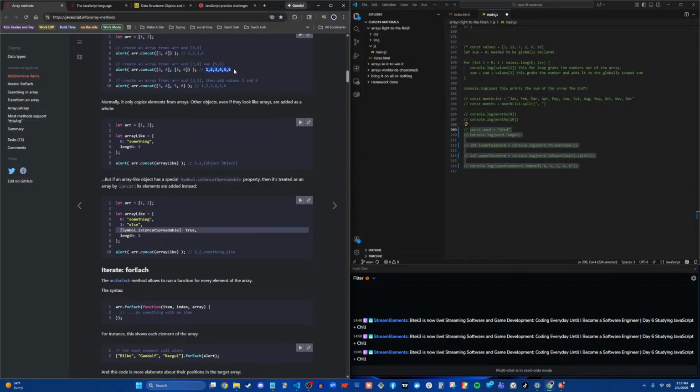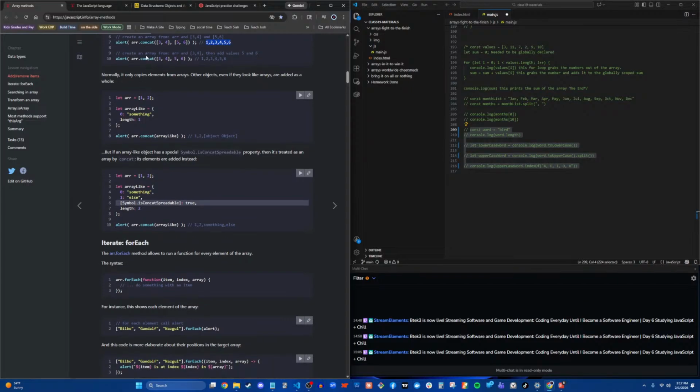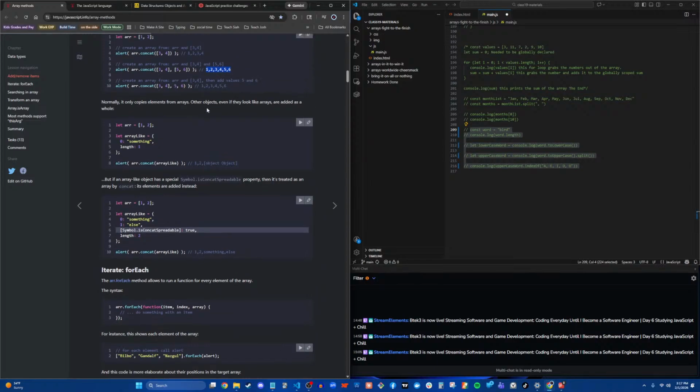So it should create 1, 2, 3, 4, 5, 6. Okay, cool. Create an array from arr and 3, 4 and add 5 and 6. Normally it only copies elements from arrays. Other objects, even if they look like arrays,